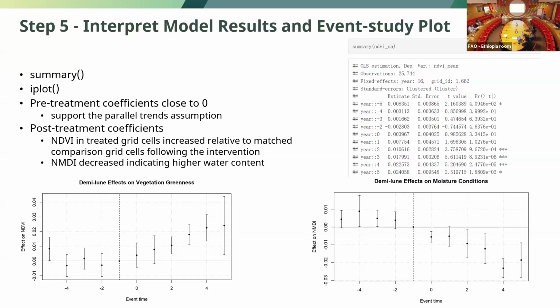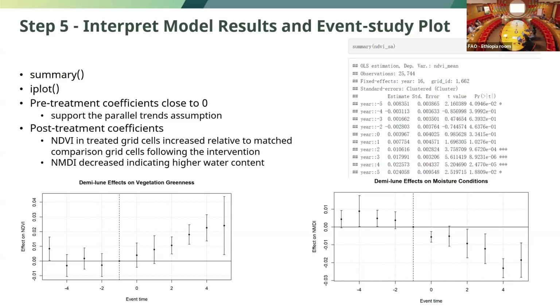In that case, we have these positive values for the NDVI, indicating that the NDVI values in the treated grid cells are actually larger compared to our comparison grid cells after the treatment. So this represents that the vegetation in the treated areas is actually greener than in the comparison